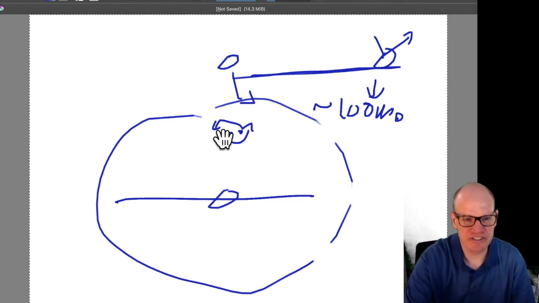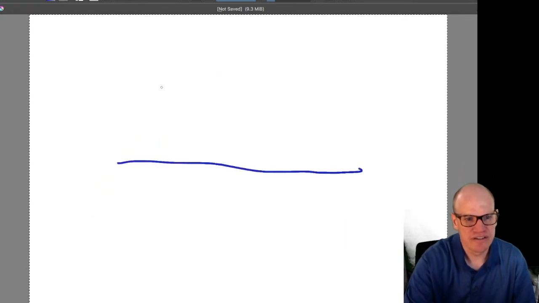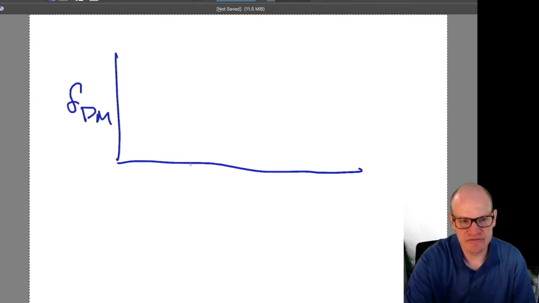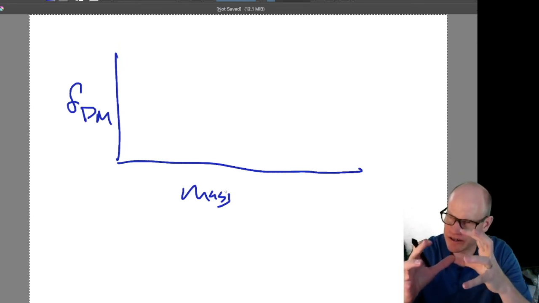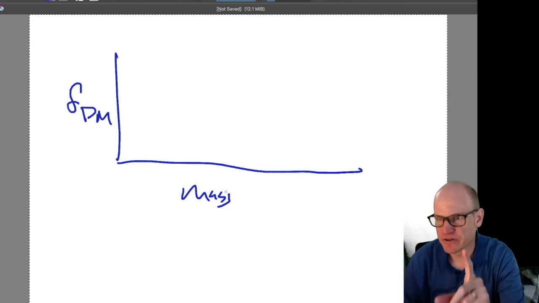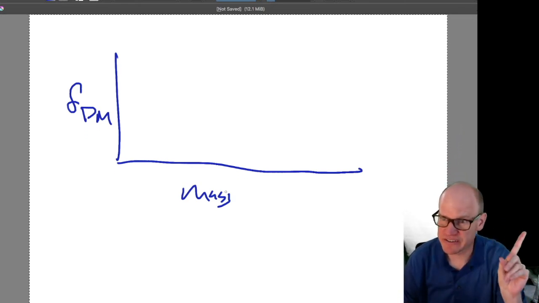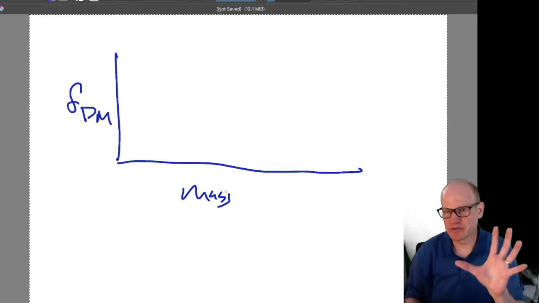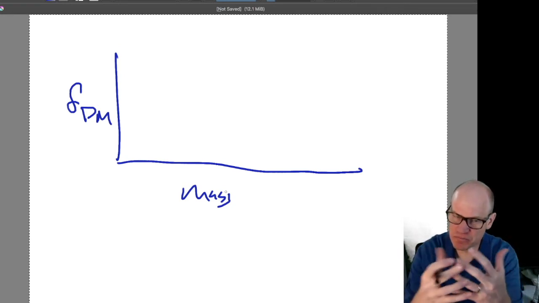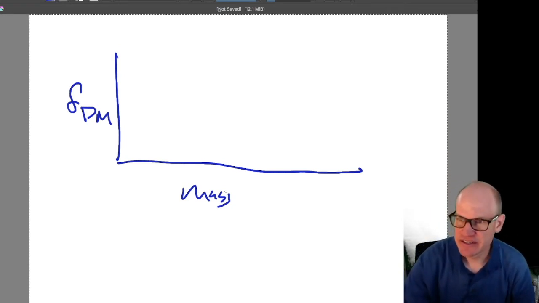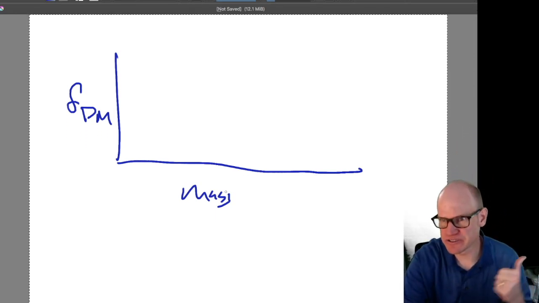So anyways, with the Mozo project, if you were to plot the fraction of dark matter that can be explained by Mozos as a function of mass of the Mozo. So these are massive compact halo objects, or black hole-like objects that are going around in the galaxy. They're not made out of regular matter. If they were made out of regular matter, it would have affected Big Bang nucleosynthesis. And so Big Bang nucleosynthesis says that if there are massive compact halo objects that are driving the orbital properties of a galaxy, it cannot be made out of regular matter. So these would have to have formed prior to Big Bang nucleosynthesis.